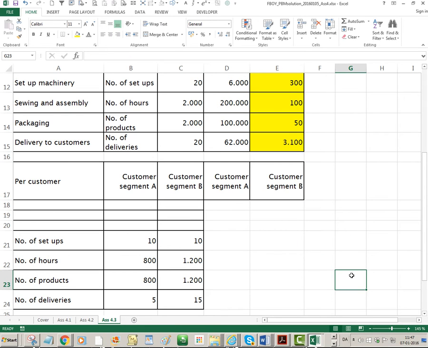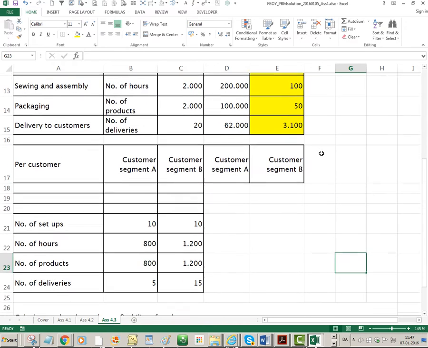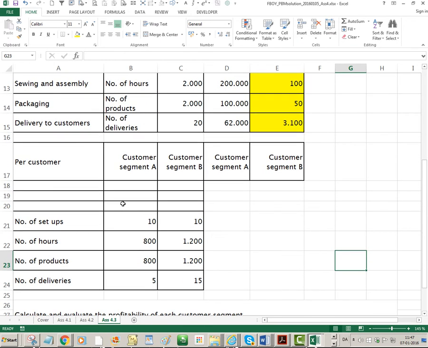So here we must make the assumption, I don't think they actually tell us very clearly, but we might make the assumption that the quantity each customer buys and the sales price and the direct cost is the same as it was in the previous section. We can do this in different ways. So now that I'm going to publish this one, maybe we should do it,